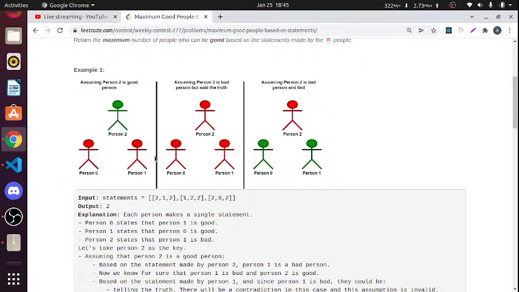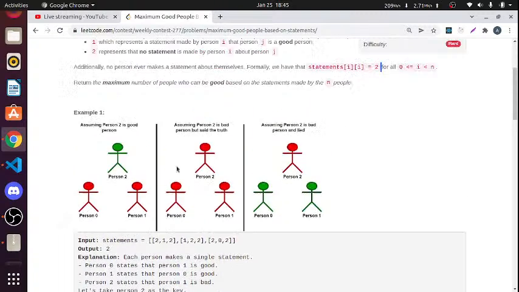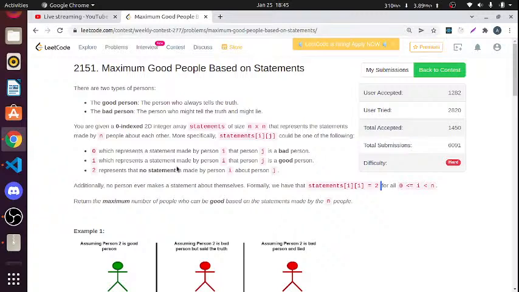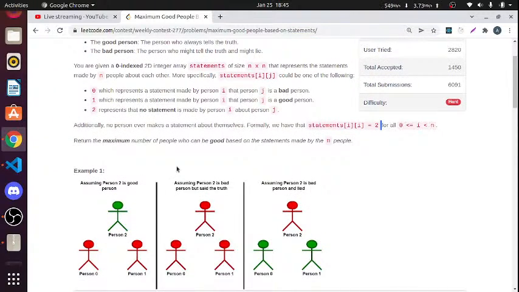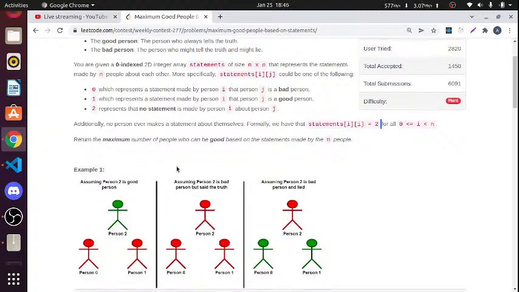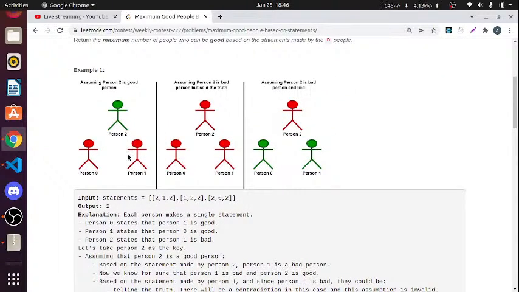Assuming person 2 is a good person, I'm getting it. Suppose person 2 is good, right? So if person 2 is good, he will tell only the truth. Means 0 and 1 are bad, right? So assuming person 2 is bad but said the truth,